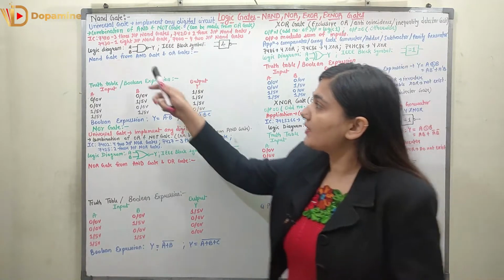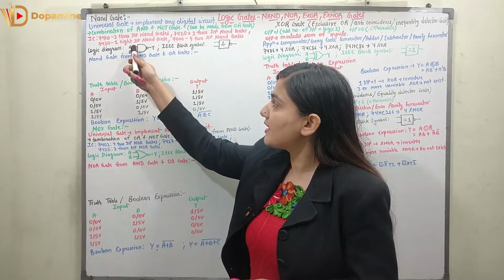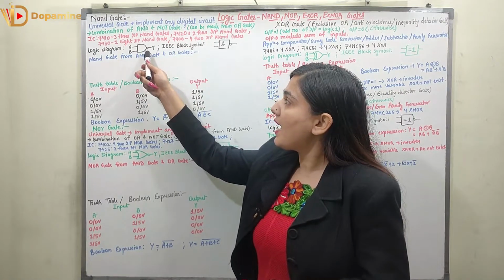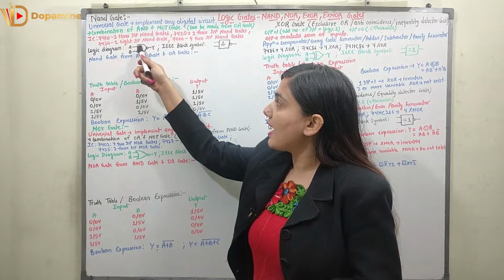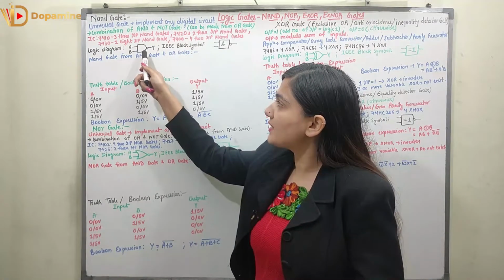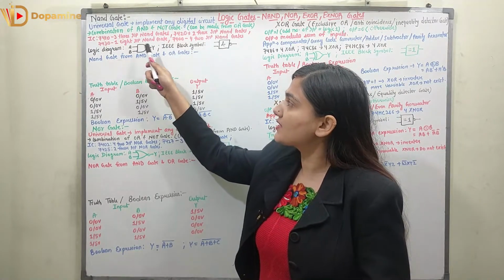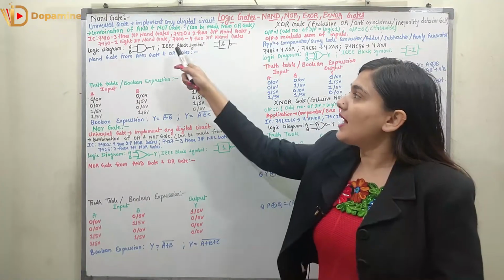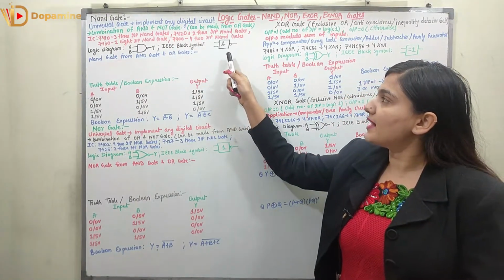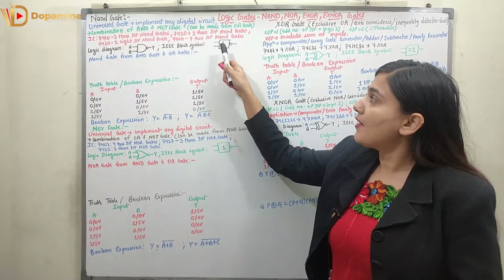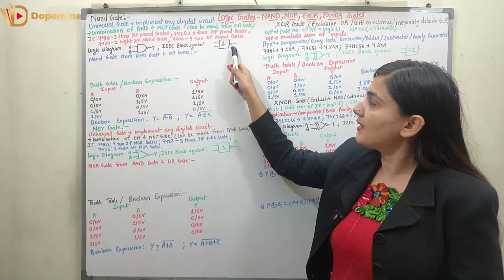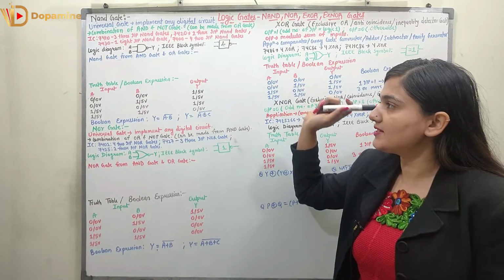The logic diagram of the NAND gate is looking like this. Here we have 2 inputs A B, and here the output is having the circle, and the representation of this gate is like the AND gate. AND gate with the circle is the NAND gate. IEEE block symbol will be representing the AND gate. Obviously the AND gate will be having the block which is having AND symbol, and here we will be having circle which represents the NAND gate.